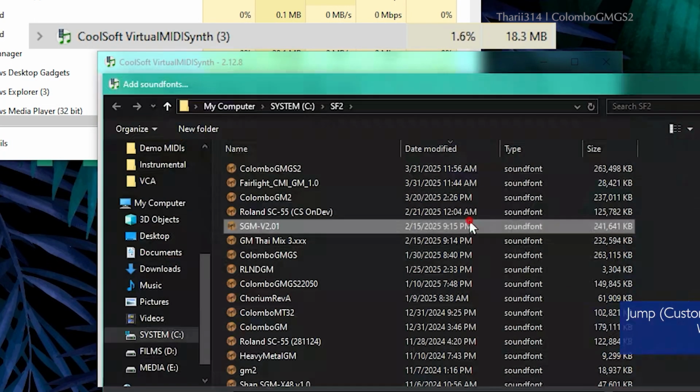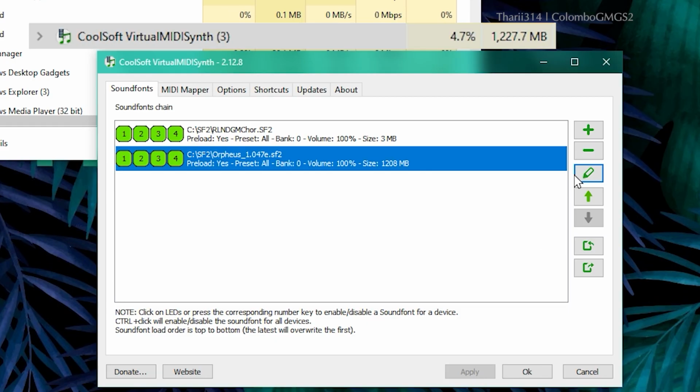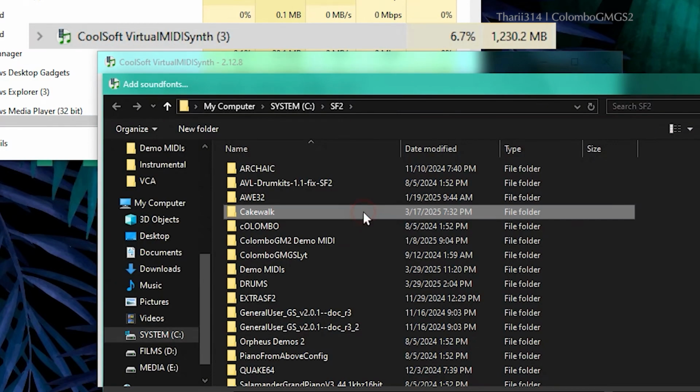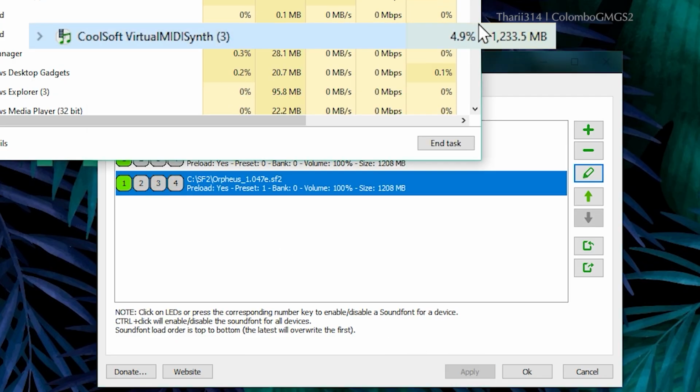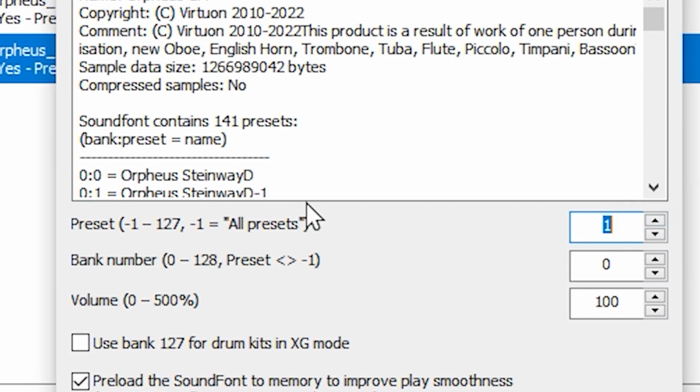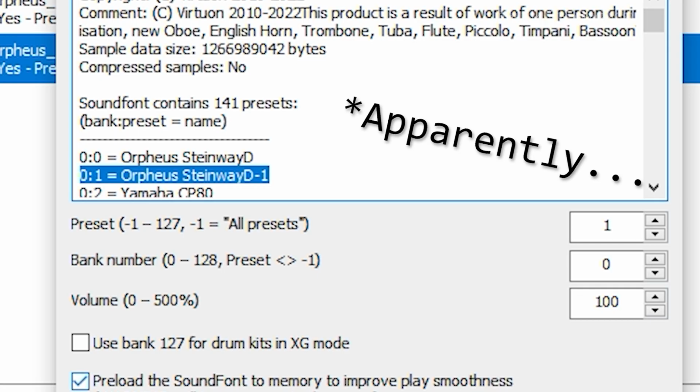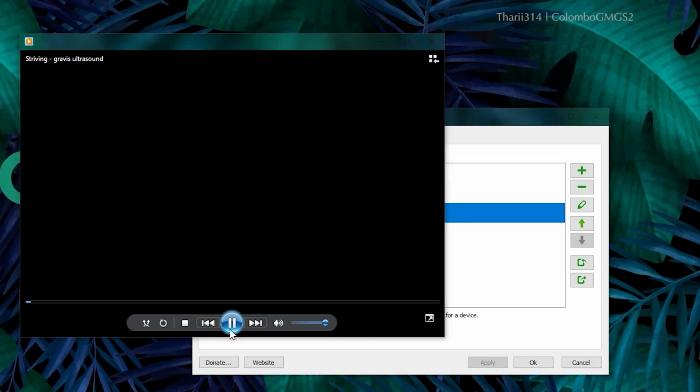Even though Virtual MIDI Synth preloads sound fonts to the system RAM by default, it does not preload the same sound font twice. And luckily, I have a duplicate of the same piano for the Bright Acoustic Piano's position. And there the test goes for one last time.